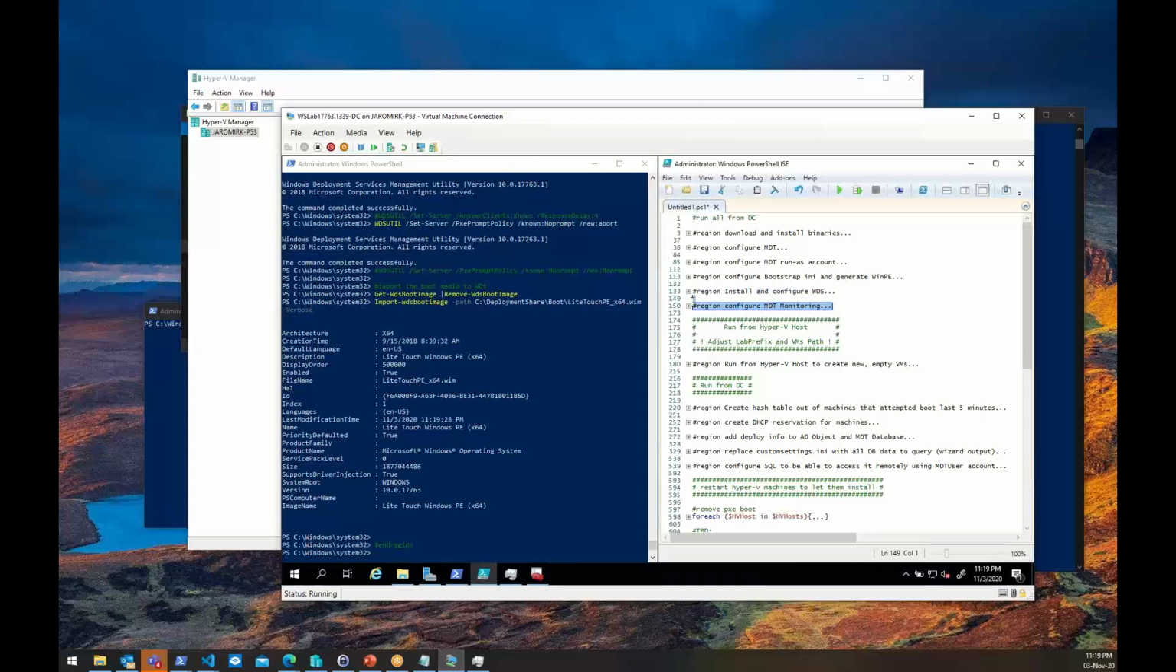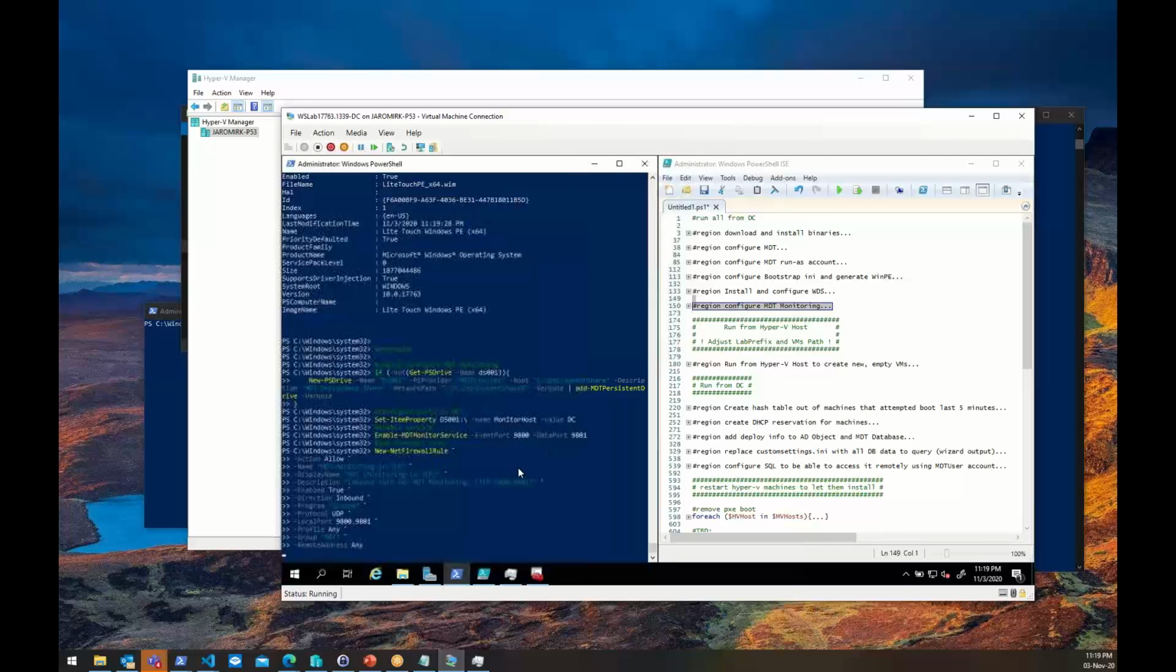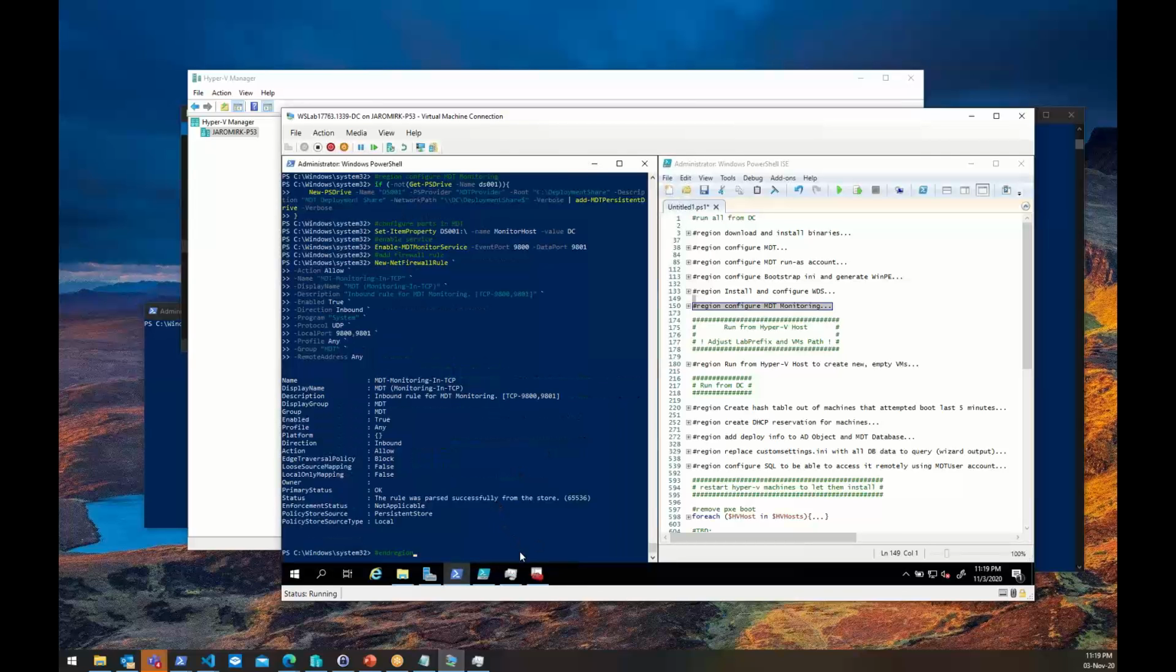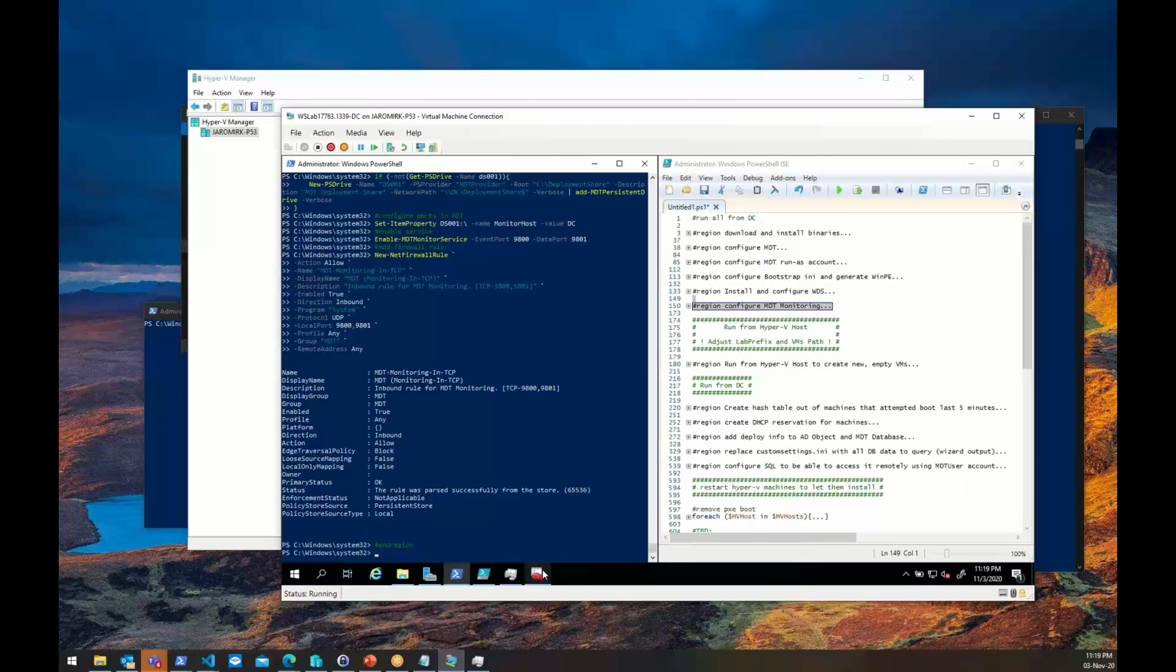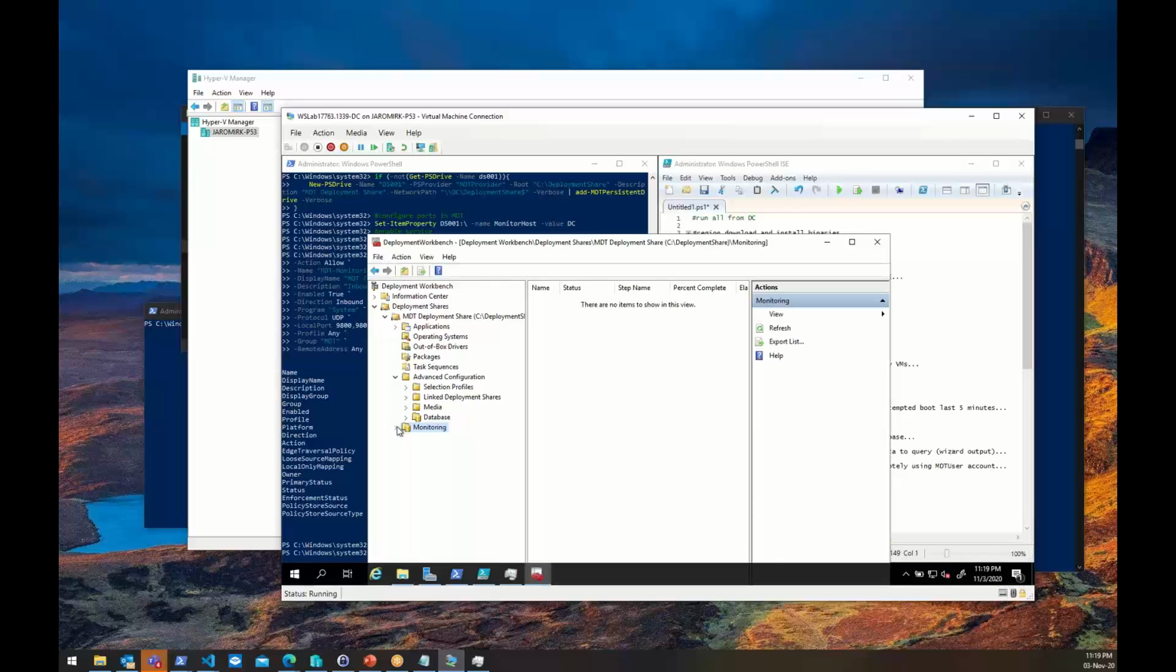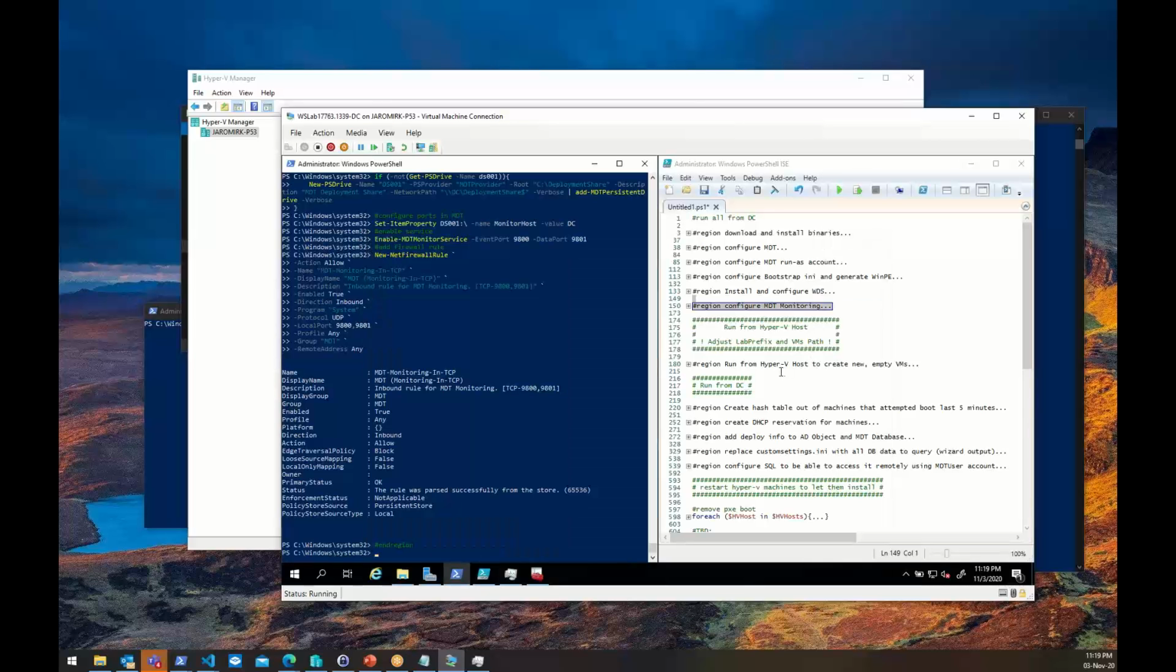So the last step is to configure monitoring. Whenever I will be deploying something, I will see the progress in the Microsoft Deployment Toolkit. So it will be in here. Now monitoring is configured. Okay, so there is one next step. There's a big